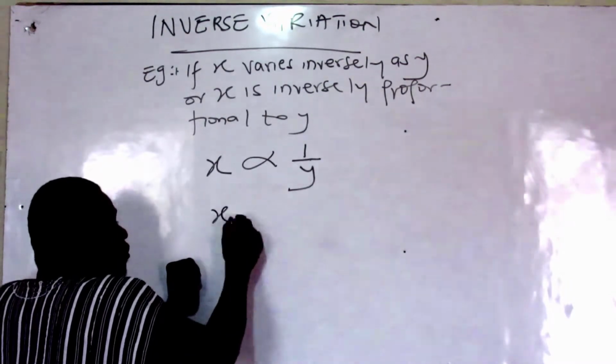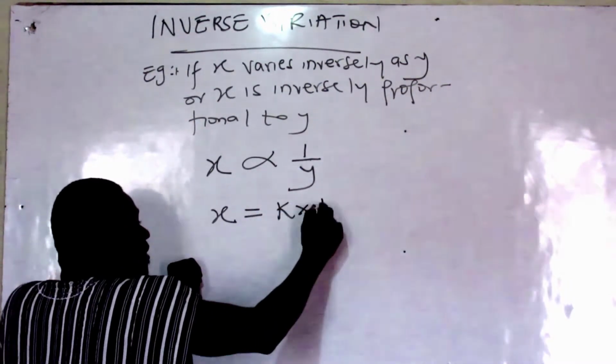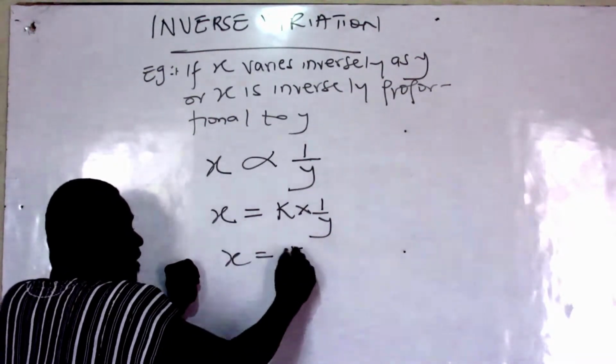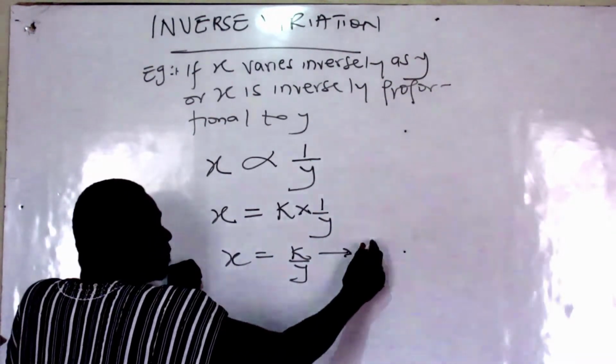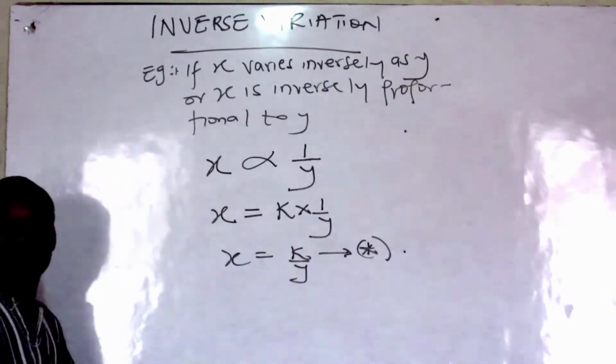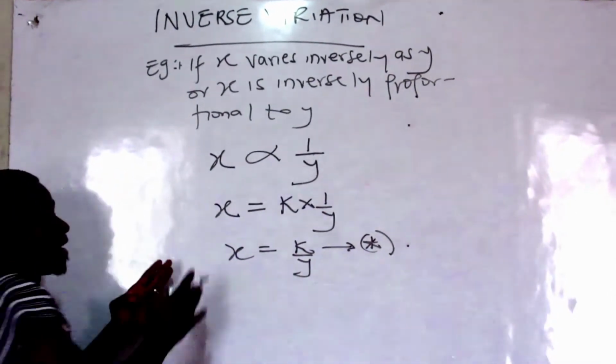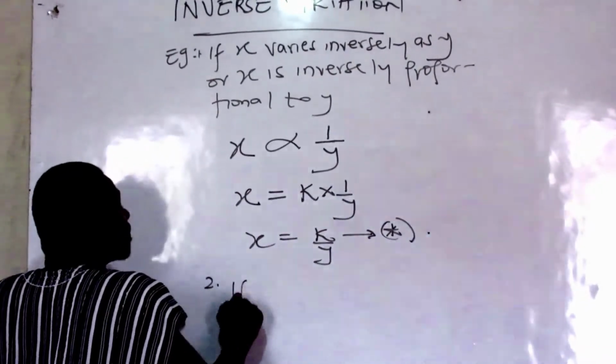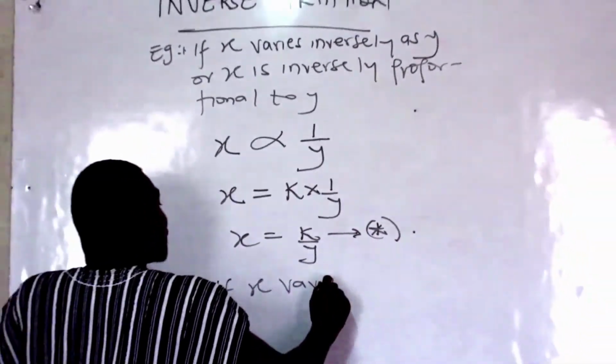Good. So as usual, we introduce our constant of proportionality. So by way of presentation, we can have this. We can label this equation whatever. It's the same approach, just that the equations will vary. Good. Now, second example. If x varies inversely